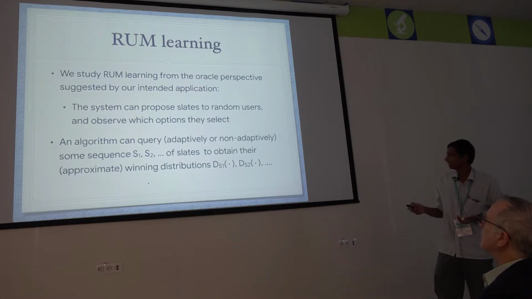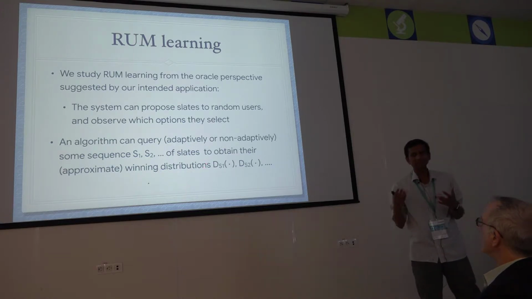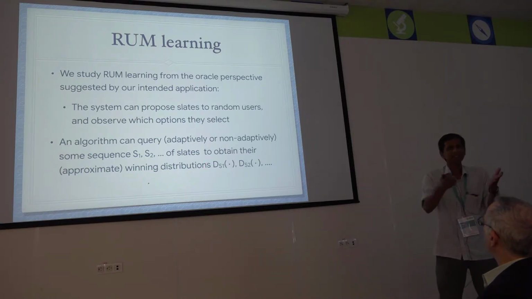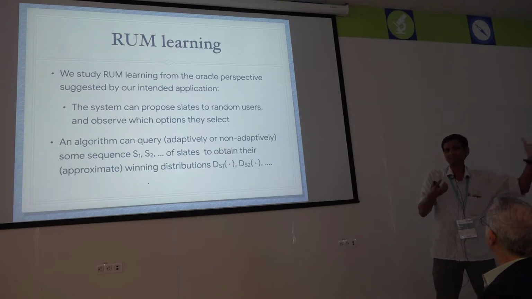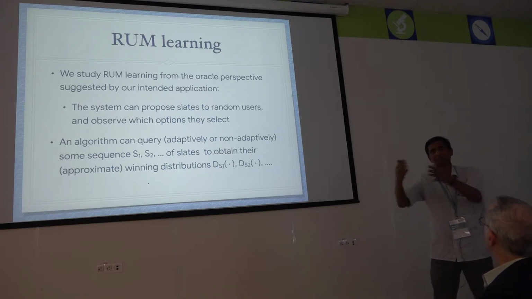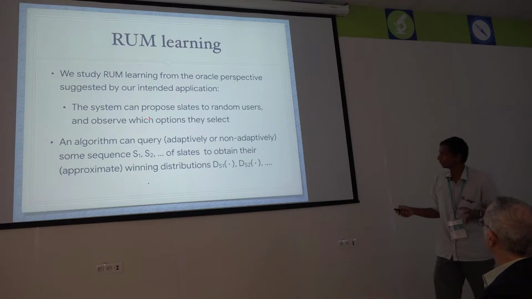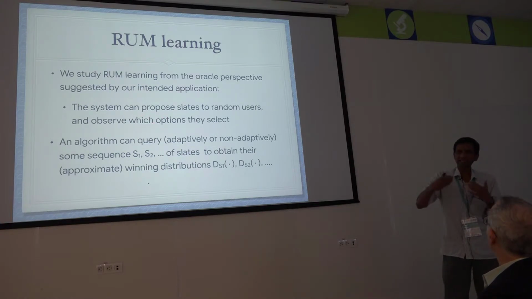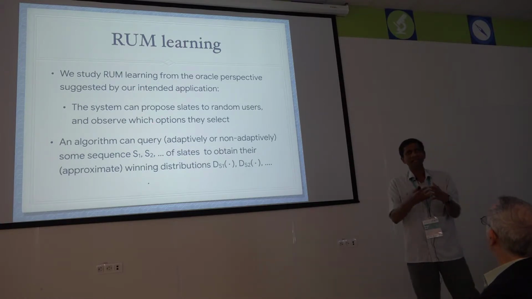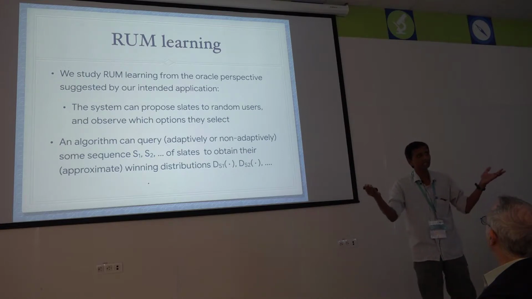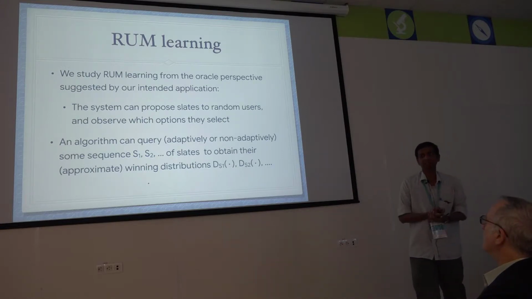Okay, and for every slate you can assume that you know the winning distribution, actually, because given any slate I can query that many times, so that over many random users I can approximate, okay, 75% of users want this as a top choice and 25% that, and so on. So even though I only get the winner, by doing this independently many times, I can get the winning distributions approximately for any slate. That's actually a reasonable assumption.